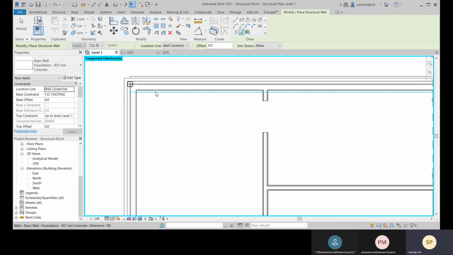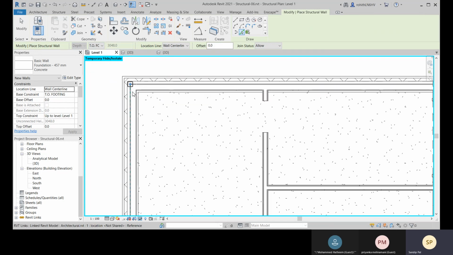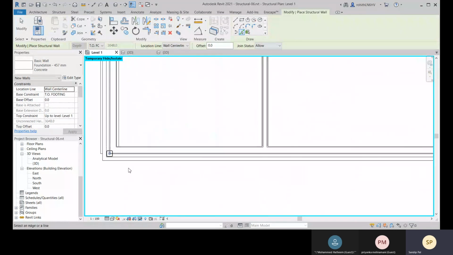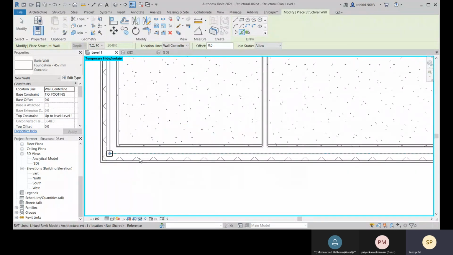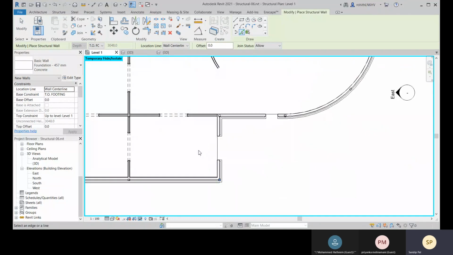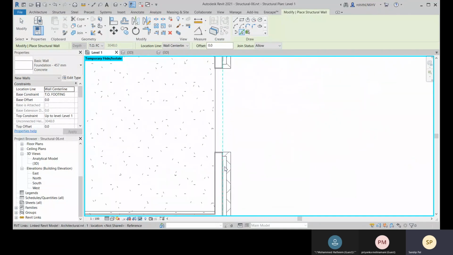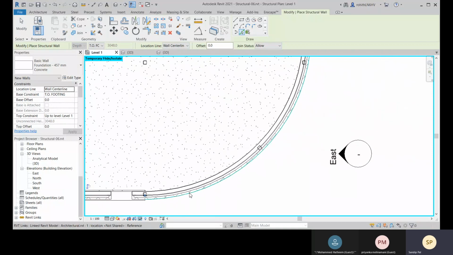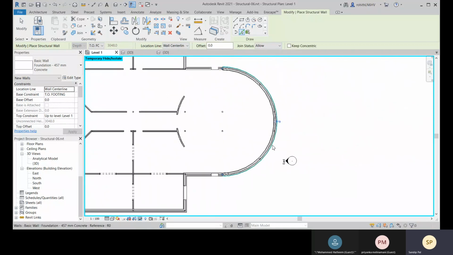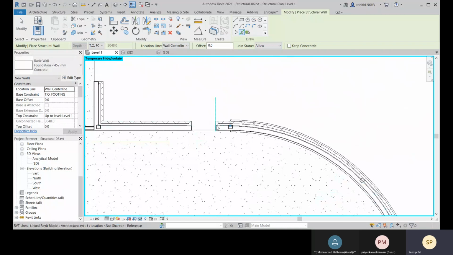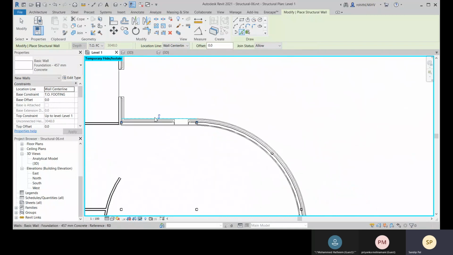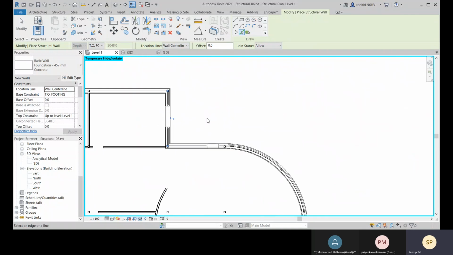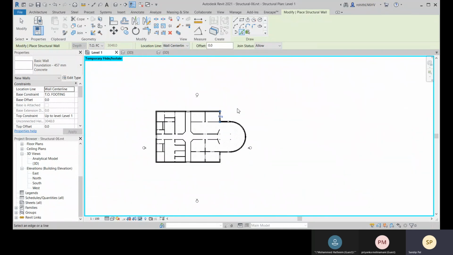I will click on it, and that is created. Here I will click, and here I will click, choosing the centerline each time, and that is done.